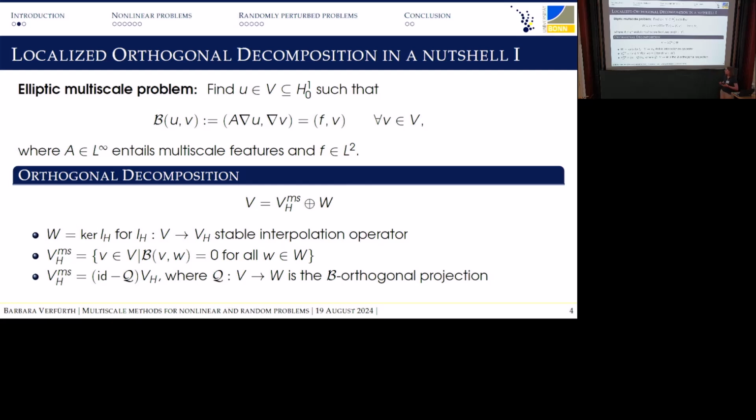which is of course practically not feasible and not desirable. So that's why a second step comes in, namely the localization step, where we give up a little bit of this orthogonality in order to come up with localization, but still, of course, use this idea, namely the idea from the very last line on how to construct a new space of the same small dimension, but with better approximation properties. And the idea is to replace this kind of ideal correction operator Q with something that is more local and still has good properties.